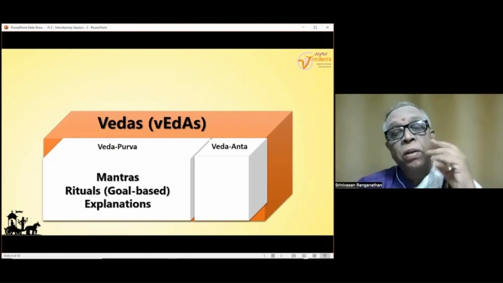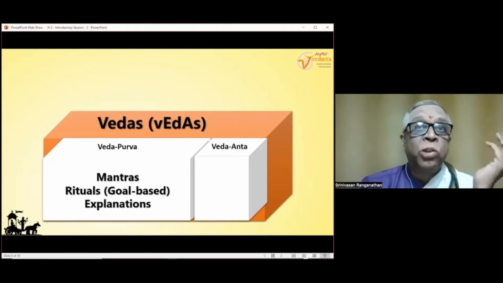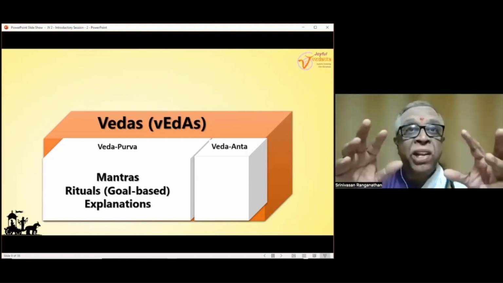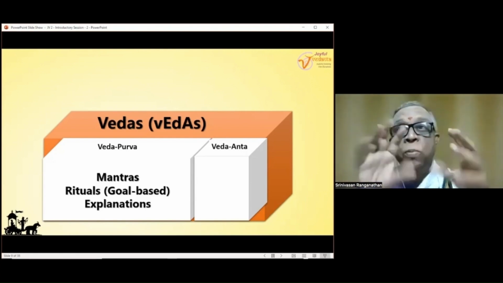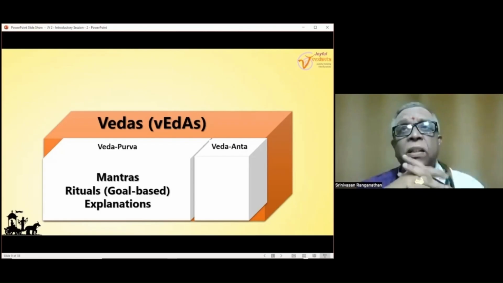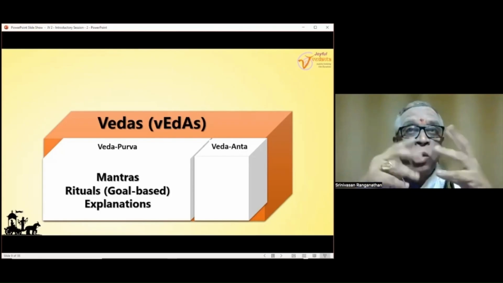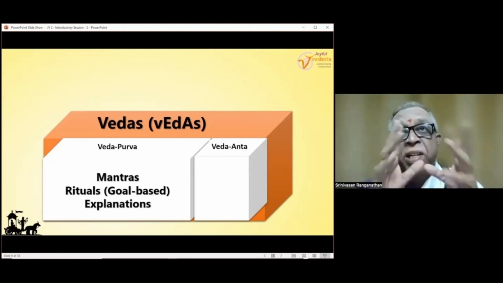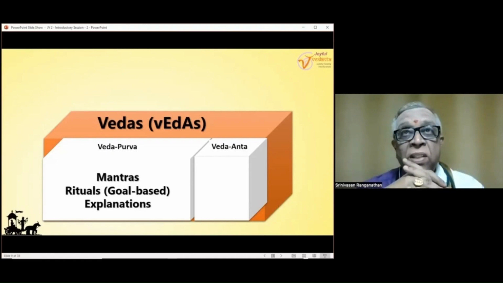like Dasharatha did Putra Kameshti Yagam, desiring to have a child, or you may do a particular yajna to get wealth, or you may do a yajna to get healthy. So different goal-based artha kama kind of pursuits which we have, different goal-based rituals, what need to be done, what cannot be done. There is an Ashwamedha Yaga which is to be done. So all these are prescribed in the first part of the Vedas,